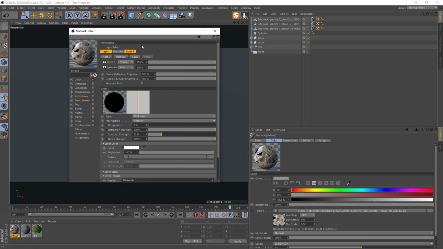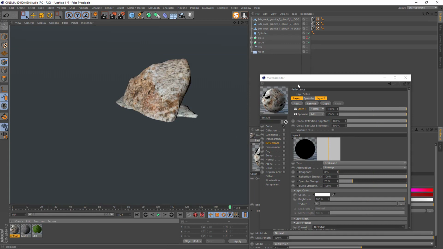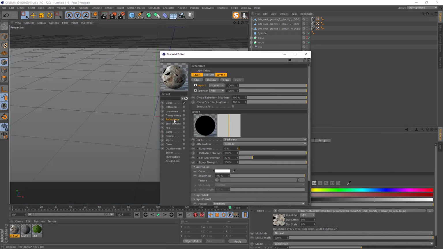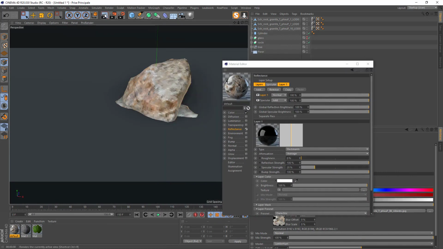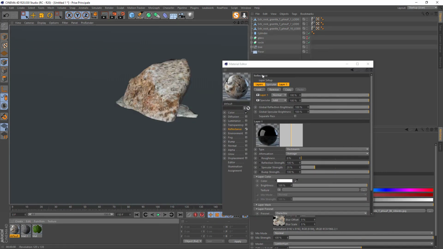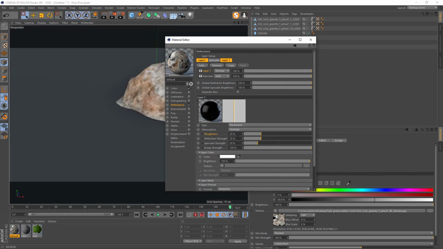Don't know why everything is black, let's see. I will delete everything, I think it's not enabled. Okay, it looks good. Reflection strength, I don't want that much, I will put 25, and roughness 25 as well.